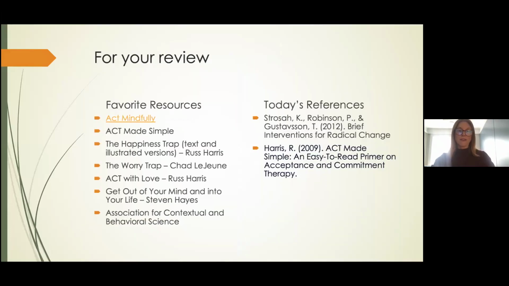I'll have these up each week too, both references that were used today, but also the links from any of the resources that I gave you, and also just my favorite resources, ones that I have on hand and reread over and over again because they're useful. And so that you can also go and start doing your own digging and gathering resources.